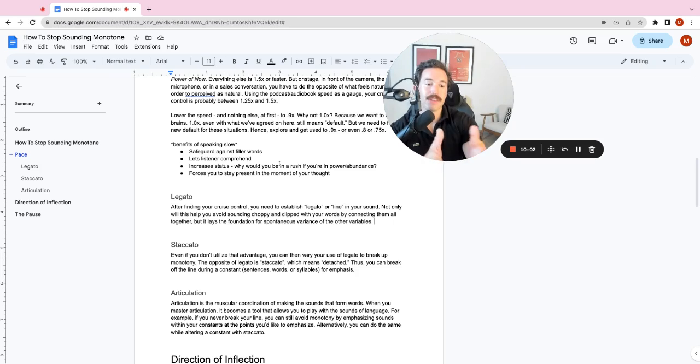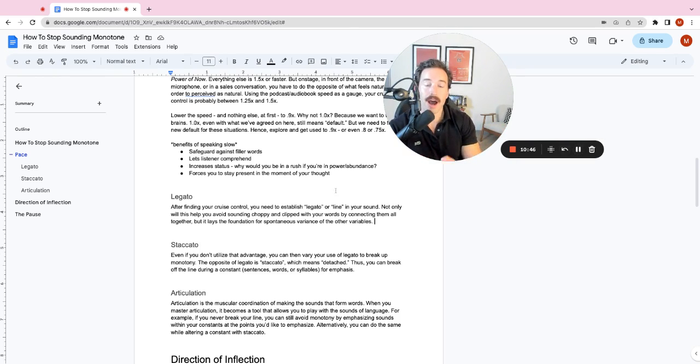Now, like I said, everything is going to be relative to what we are already doing. So if we establish legato as the home base or cruise control for how we are speaking, then if we change no other variable, we can break up the monotony by doing the opposite, by speaking staccato. This again comes from Italian School of Operatic Technique, and it means to detach. So if right here I'm speaking legato, and then all of a sudden I want to switch into staccato, I have detached those words from that connected line.